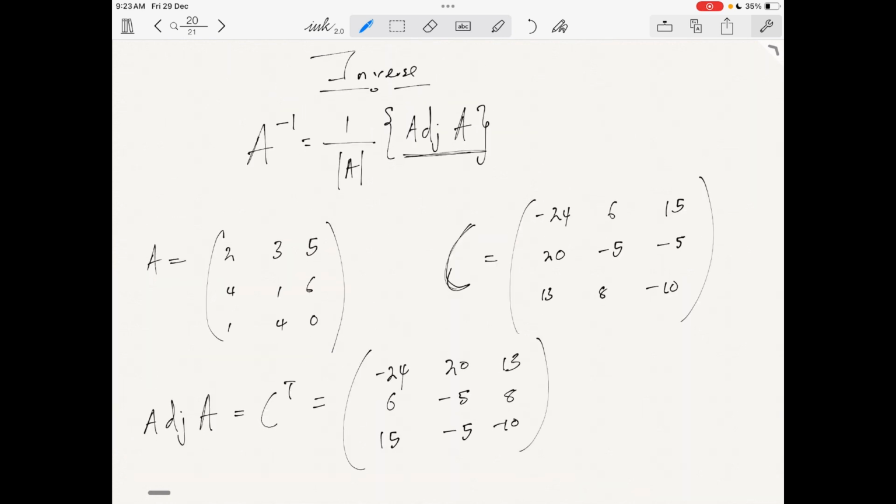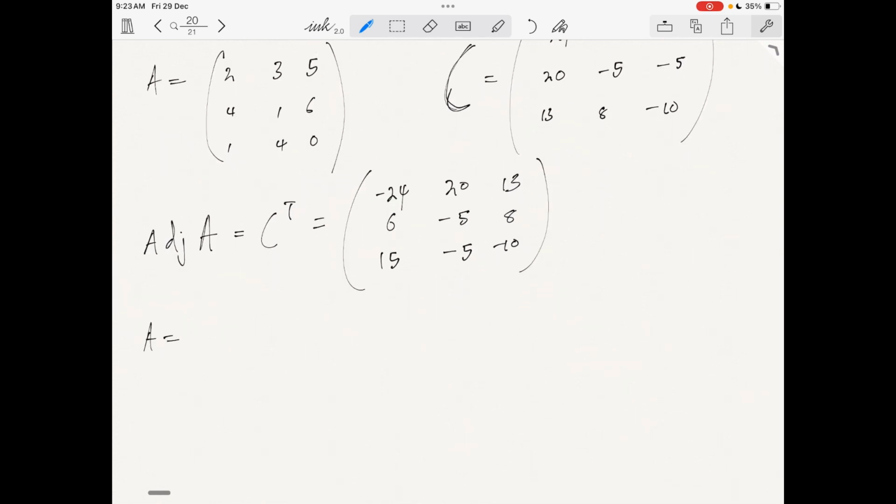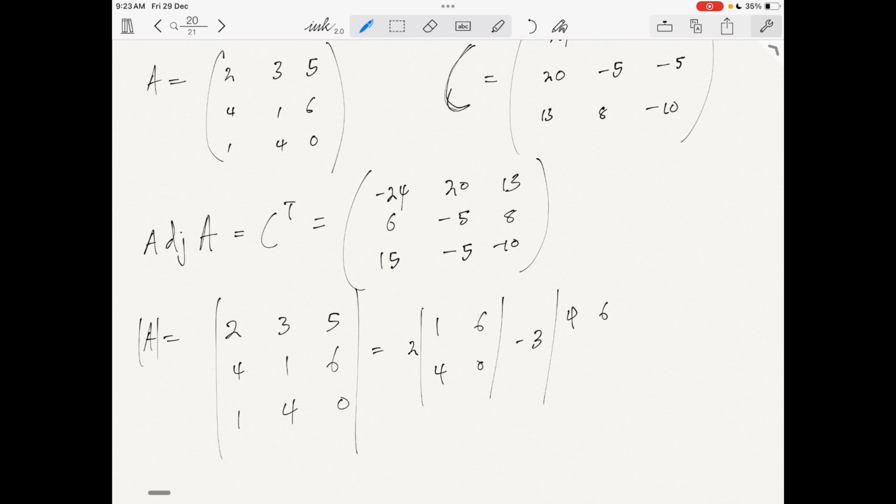Now the next thing to do is to evaluate the determinant of A. Without wasting much of our time, we can evaluate the determinant of A, which is 2, 3, 5, 4, 1, 6, 1, 4, 0. After doing everything, we have 2 into the determinant of 1, 6, 4, 0, minus 3 into the determinant of 4, 6, 1, 0, plus 5 into the determinant of 4,